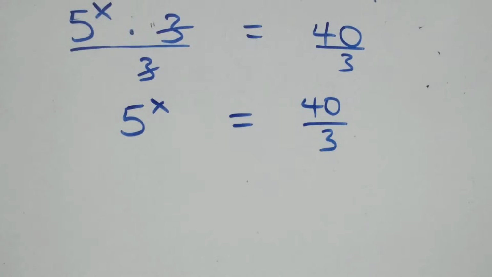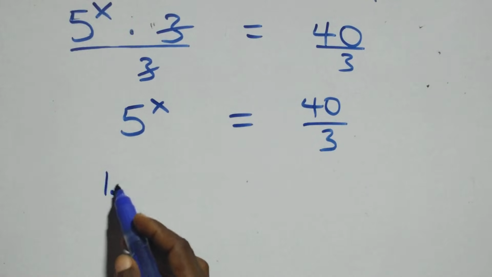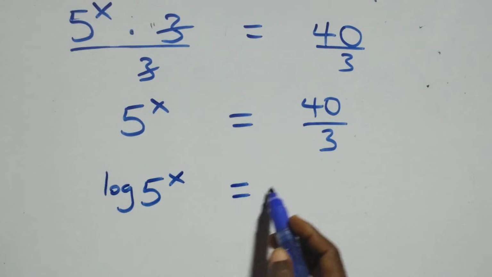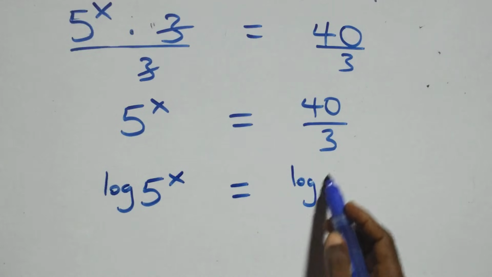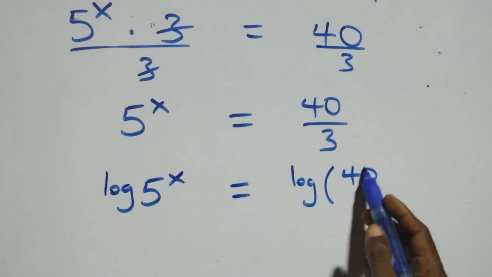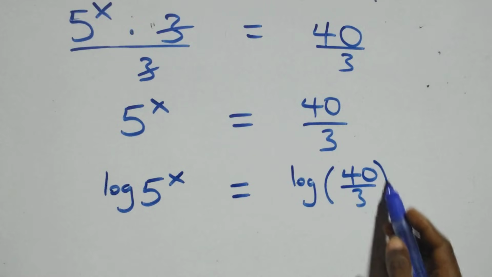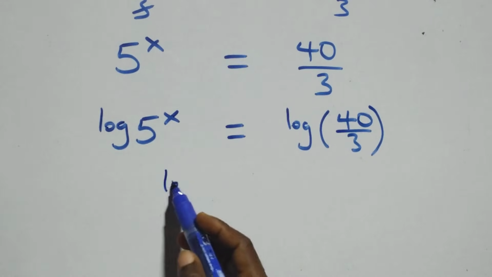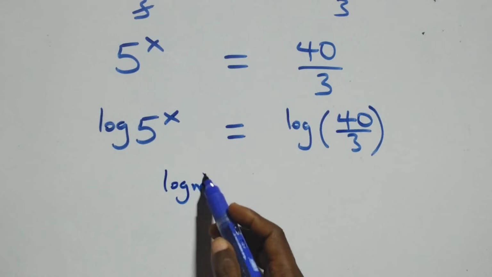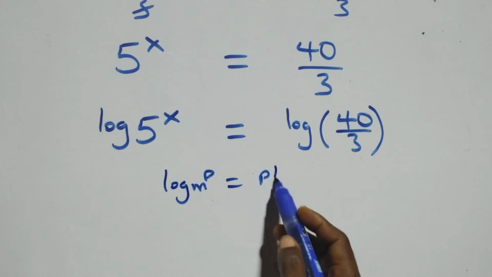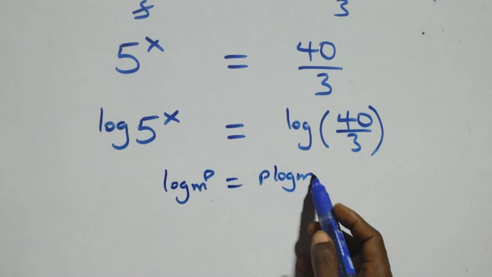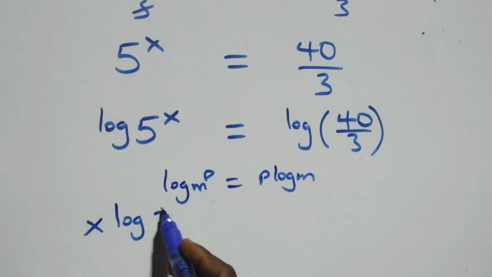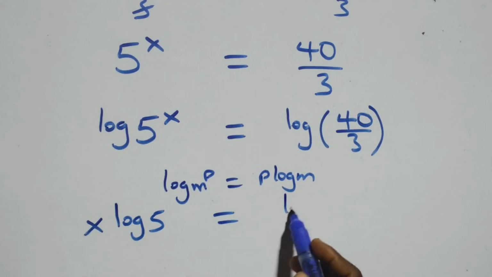The next step, we take the log on both sides. Here we have log 5 raised to power x equals to log 40 over 3. The next step here, we apply the power law of logarithm. When we have log m raised to power p, this is the same thing as p log m. So this here we have x log 5 equals to log